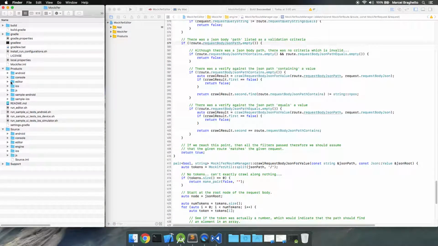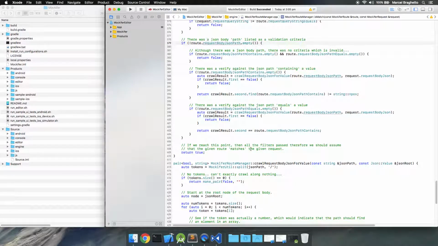So anyway, that was just a quick walkthrough. I just want to show you the magic behind the core engine, so it didn't seem so mysterious. Like I said, I'm not sort of a world-class C++ developer, but I think the code in here is okay. It definitely does the job. Cool. I hope that was helpful, and that kind of gives you a rounded out view of the Mockifer system